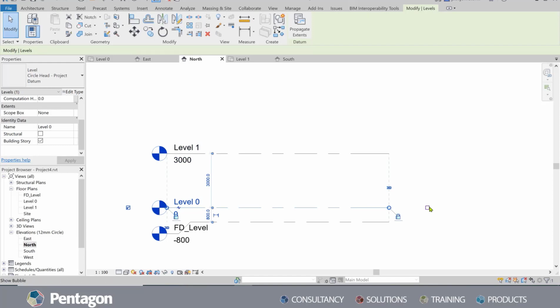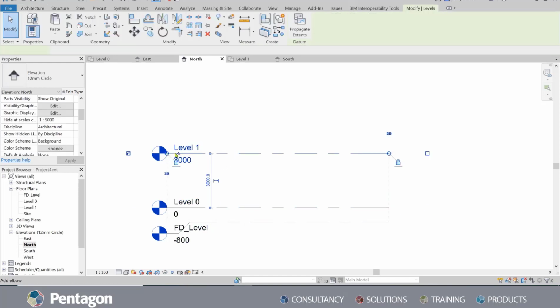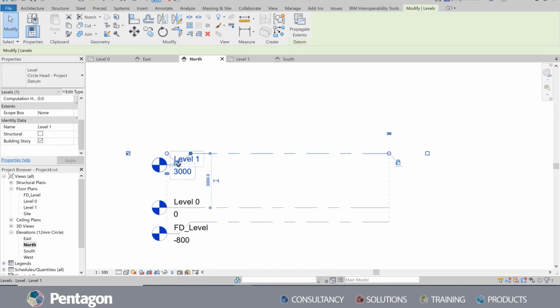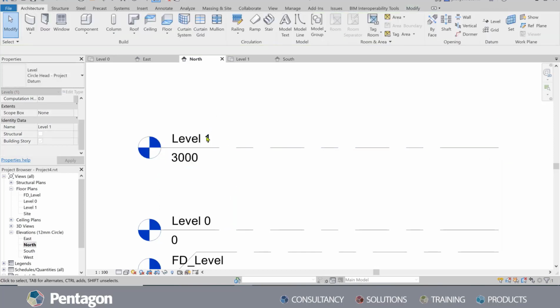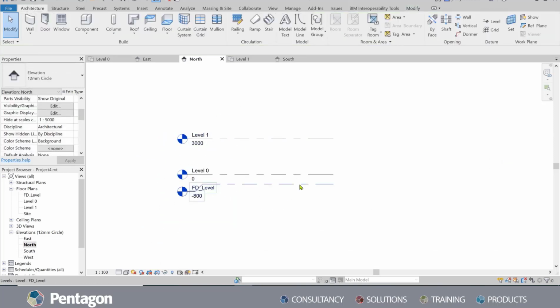What we can do is we can actually turn the datums on at different sides, and we can turn on an elbow there if we want. Again, if I just get into that dot there, we can drag them back to turn those elbows off. I'm happy enough with the levels we've got set up, so I'm just going to jump back to level 0 here, just in my project browser.